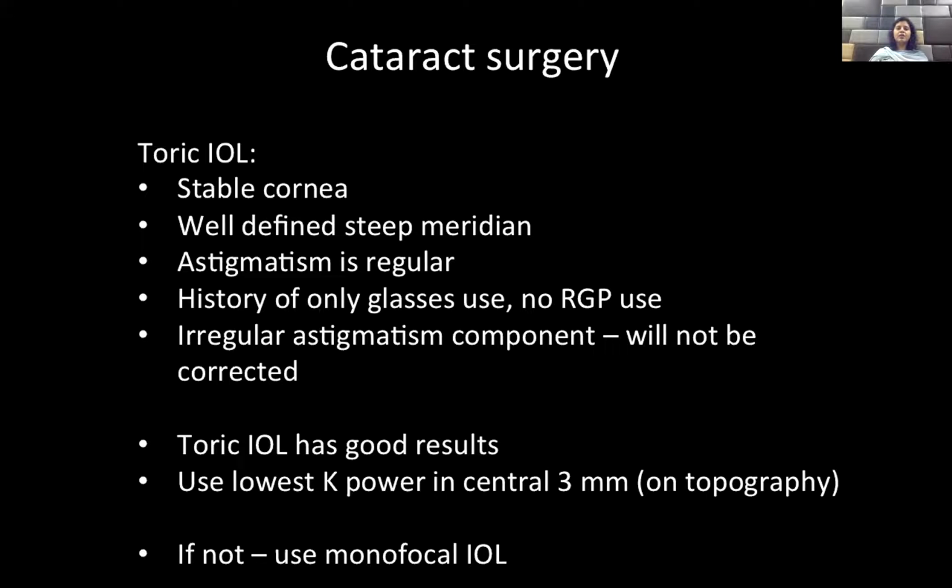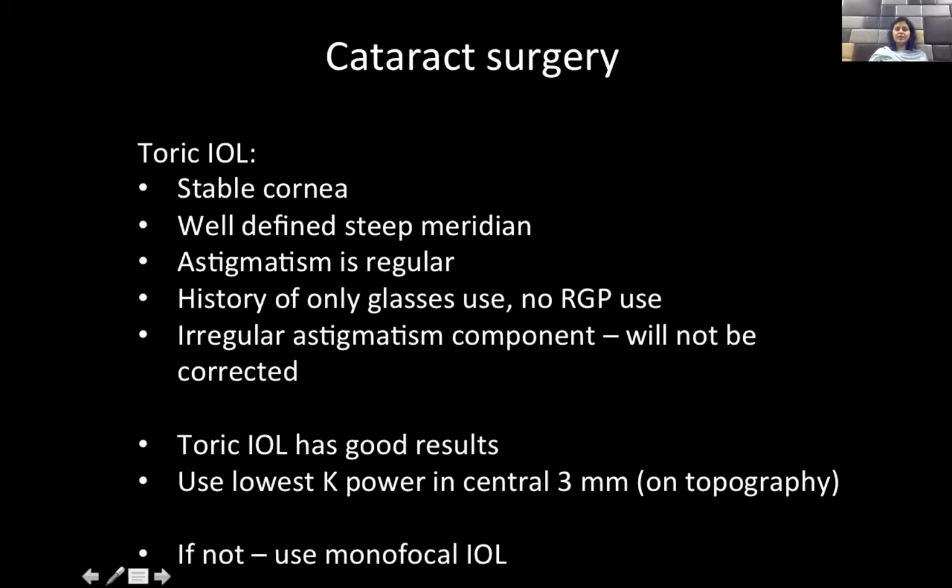That tells you that the patient had more of regular and less of irregular astigmatism. And you have to remember, say the patient with glasses improved up to 6/12 and with the rigid contact lenses improved up to 6/6. Then after your toric IOL insertion, the patient will go only up to 6/12 with correction. To reach 6/6 again, the patient will require a rigid contact lens. That is, the irregular astigmatism component is corrected only by the rigid contact lens. It cannot be corrected by a toric IOL.